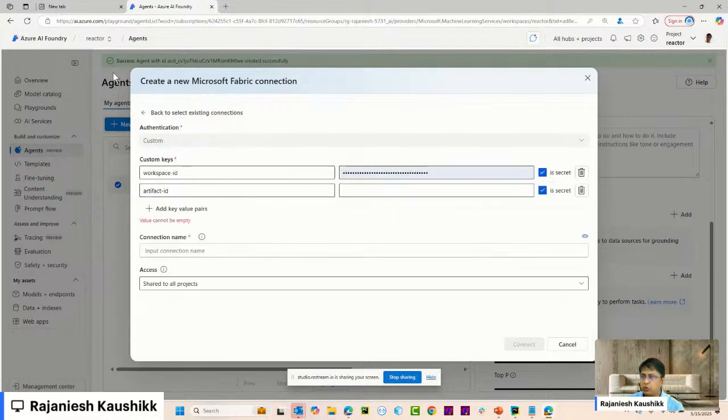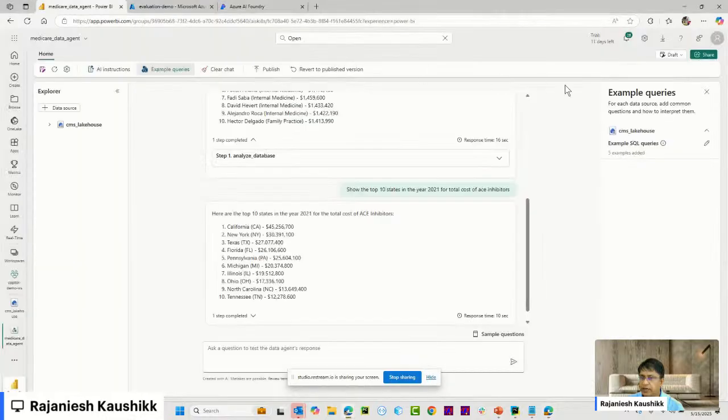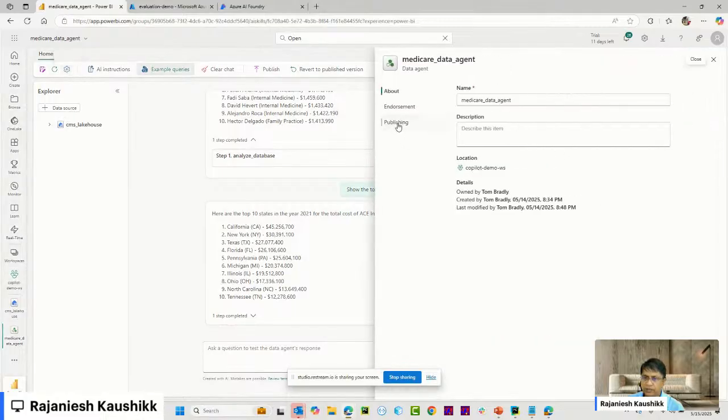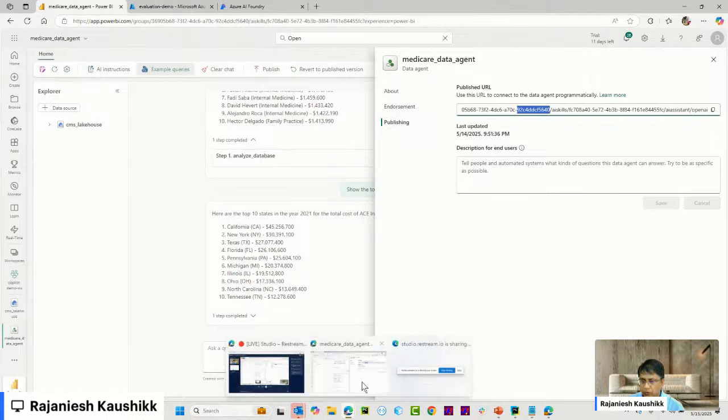As I showed you, there are these options, workspace ID and artifact ID. If you come here in publishing, this is the workspace ID. And then after the AI skill, whatever ID is coming, this is your artifact ID. The first one is the workspace ID, the second one is the artifact ID. So now what we are going to do,